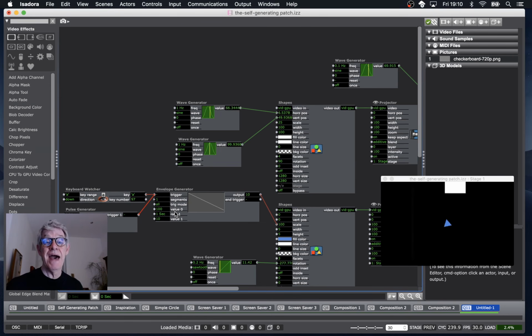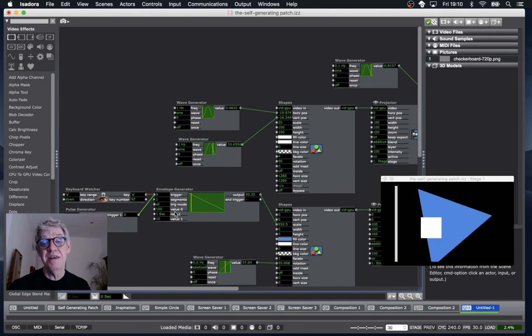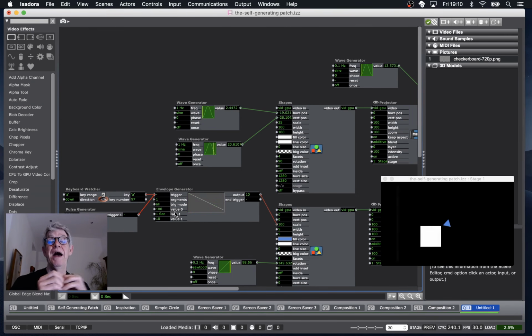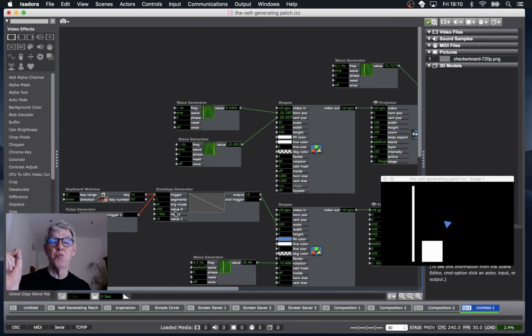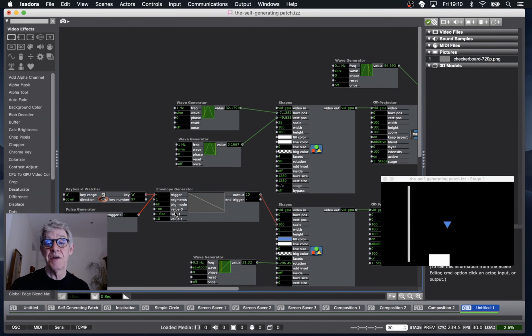When you finish that patch, please upload it to that thread. With your permission, if some people do this and it's a success and we've got 5 or 10 or 15 of these, we will compile them into a clip that you can just watch. For now, you can all just download the patches and see what each other did, which is also incredibly useful because